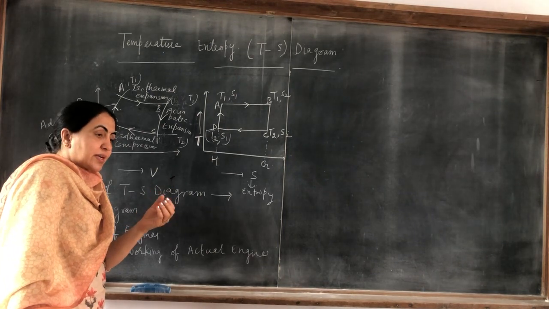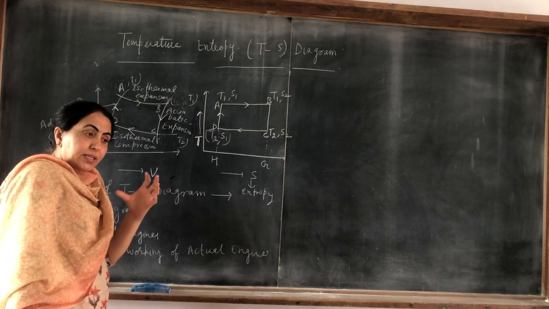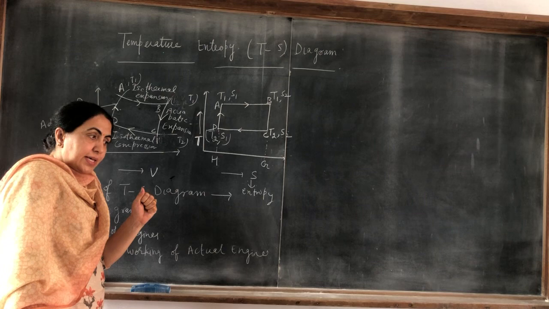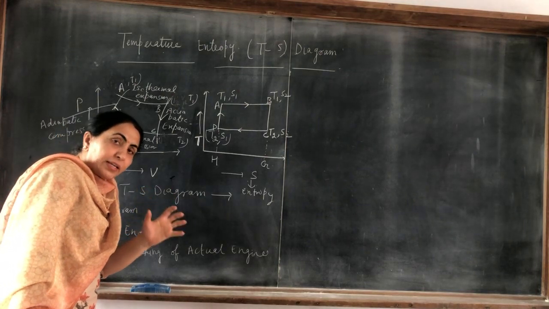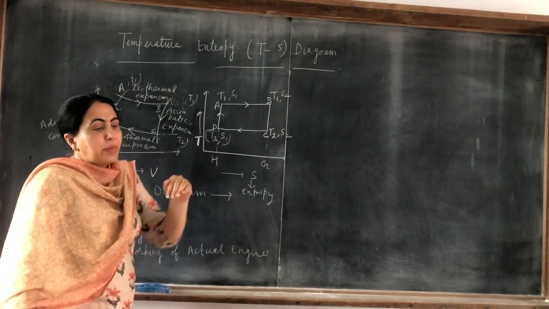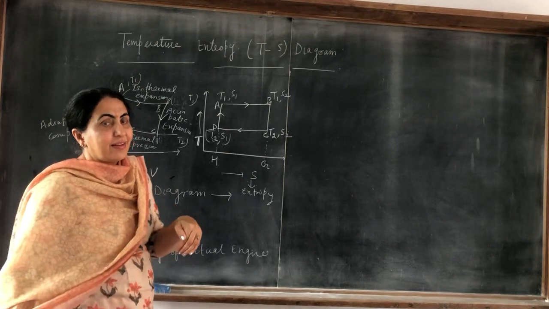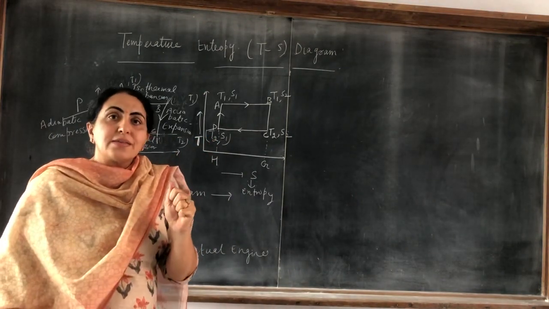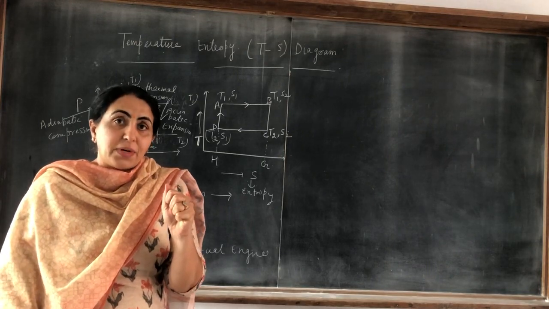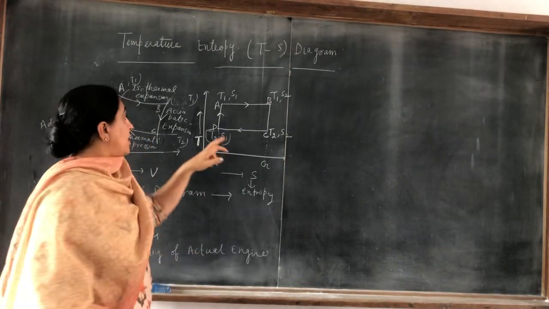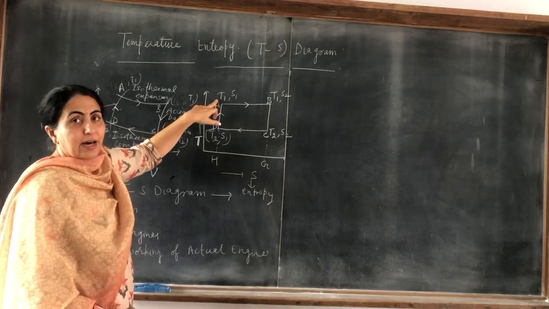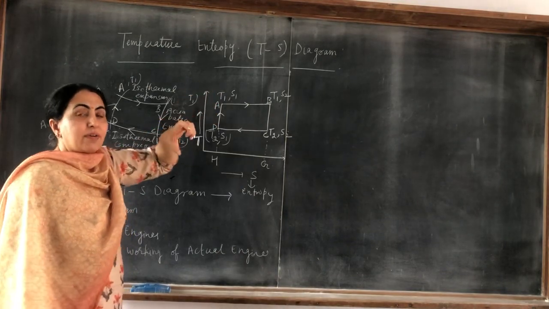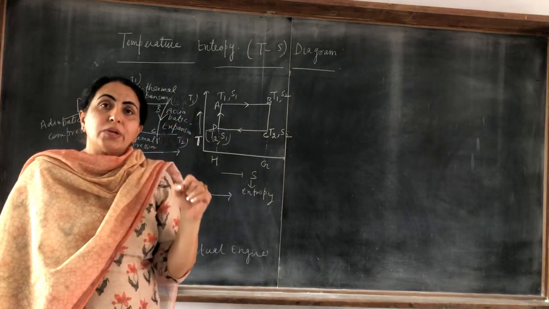In expansion, the gas expands, volume increases and temperature decreases. Clear? And when there is a compression, volume decreases but temperature increases, T2 to T1. T1 is the higher temperature because T1 is the temperature of the source and T2 is the temperature